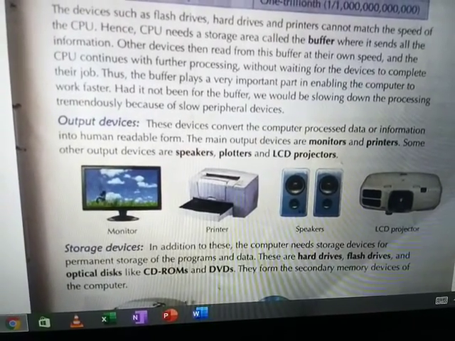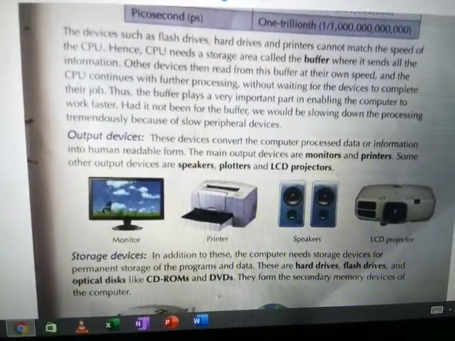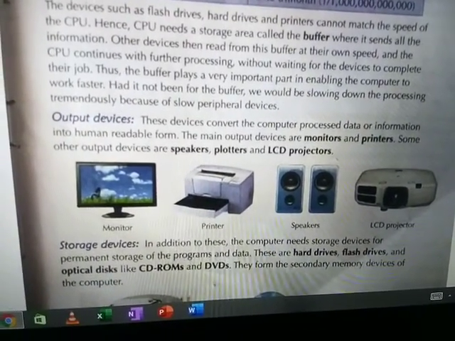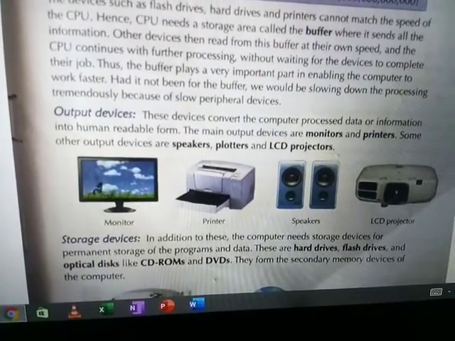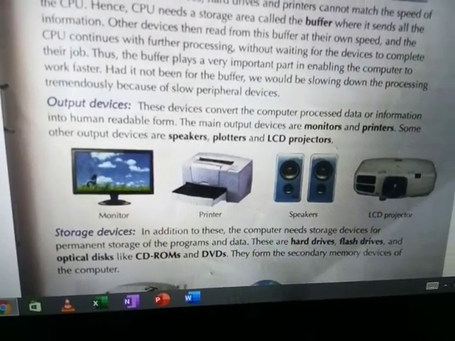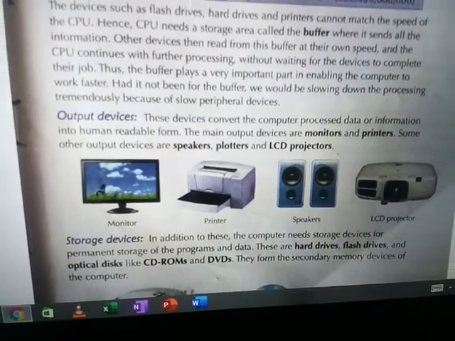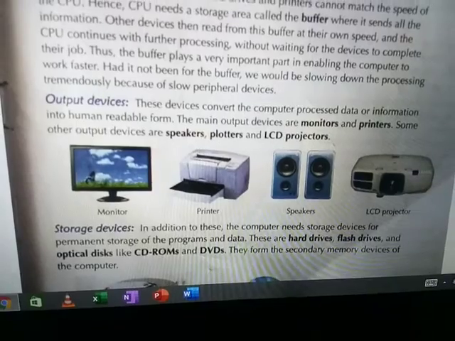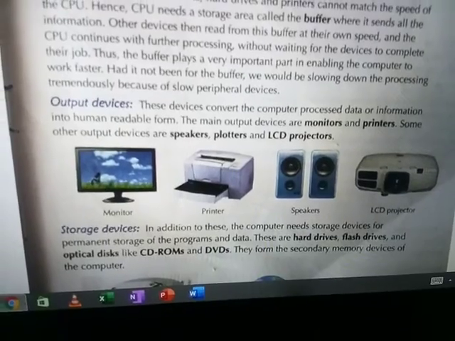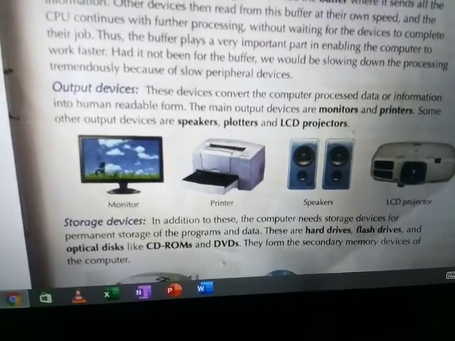The computer receives the input 2 plus 2. What are the inputs? 2 is an input, plus is an input, then again 2 is an input. So it receives 3 inputs. Now what does the processor do? It processes the addition. 2 plus 2 is equal to 4. And then what is the work of the output device? The processor sends that result 4 to the output device. The output device will display the answer as 4. It will show 2 plus 2 is equal to 4 on the computer. That is the process of the output device. It shows the result in a way we can understand.